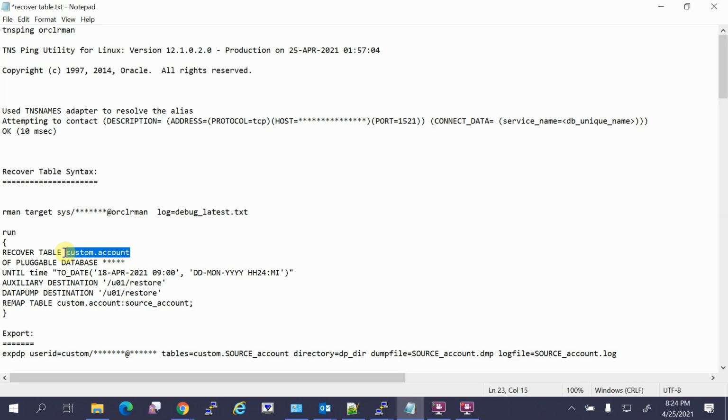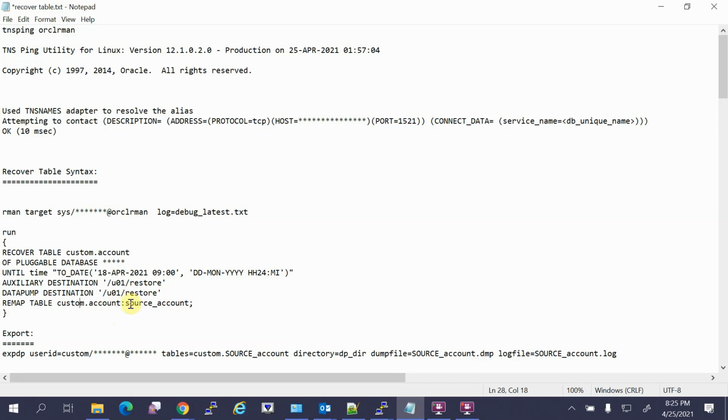Okay. So where I want to keep the dump file, in the same location I want to keep the dump file, data pump destination. If you want to keep it in a different file system, a different folder, you can give. When I am restoring, I don't want to touch my original table, because before I import, I want to see whether I got all the missing columns.